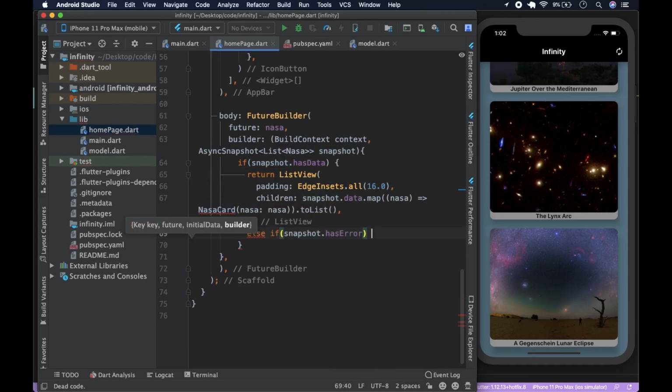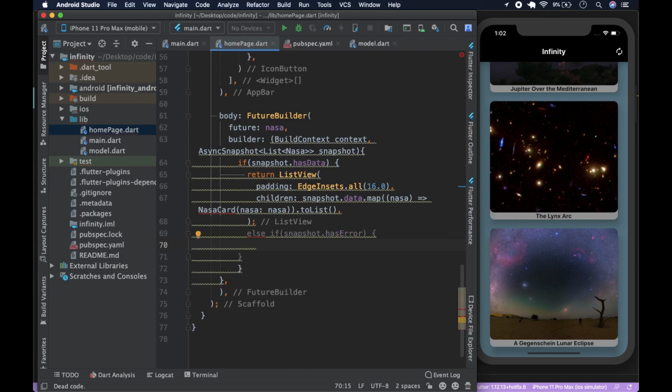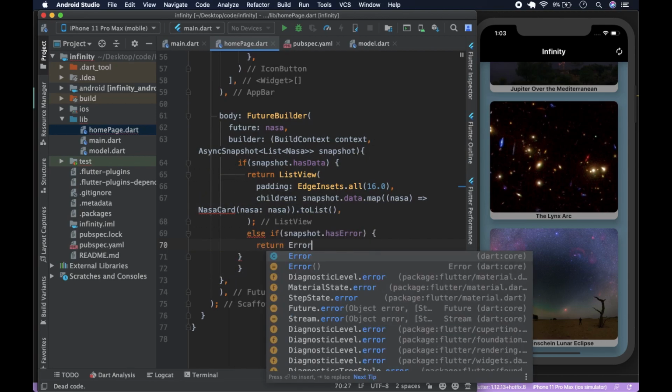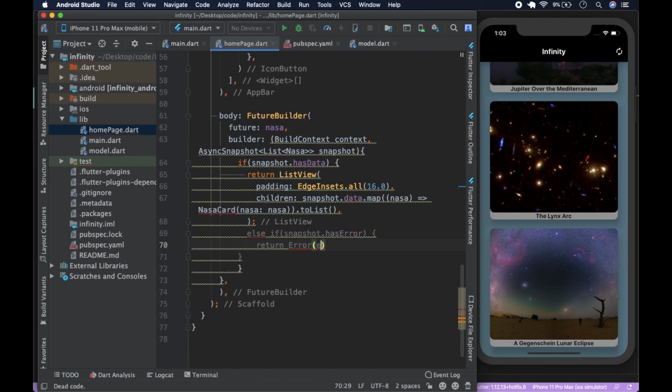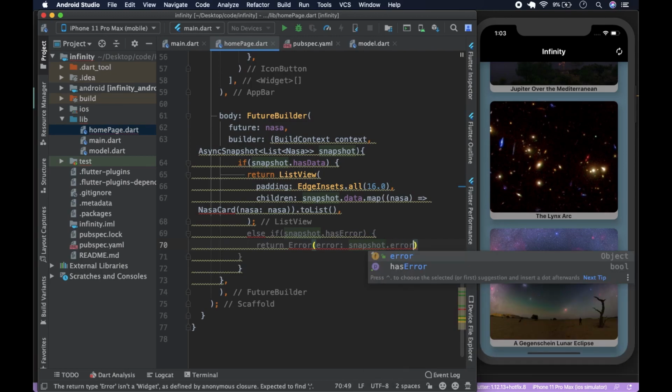We would return something for the error, and we're going to pass in the error as snapshot.error, like so. So this is also not created, and